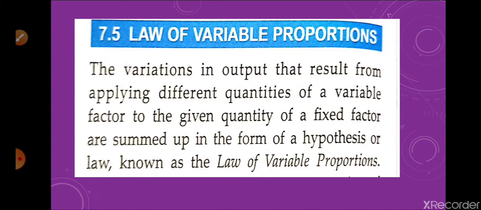We can take the example of the machine, as I gave you yesterday, that one machine has the capacity of 5 workers. If we have one worker, then it is not optimally used. With 2 workers, more output is there, with 3 workers, more output, and with 5 workers it is used optimally. Afterwards, output may start to decline, or grow at a decreasing rate. So we'll discuss that law.